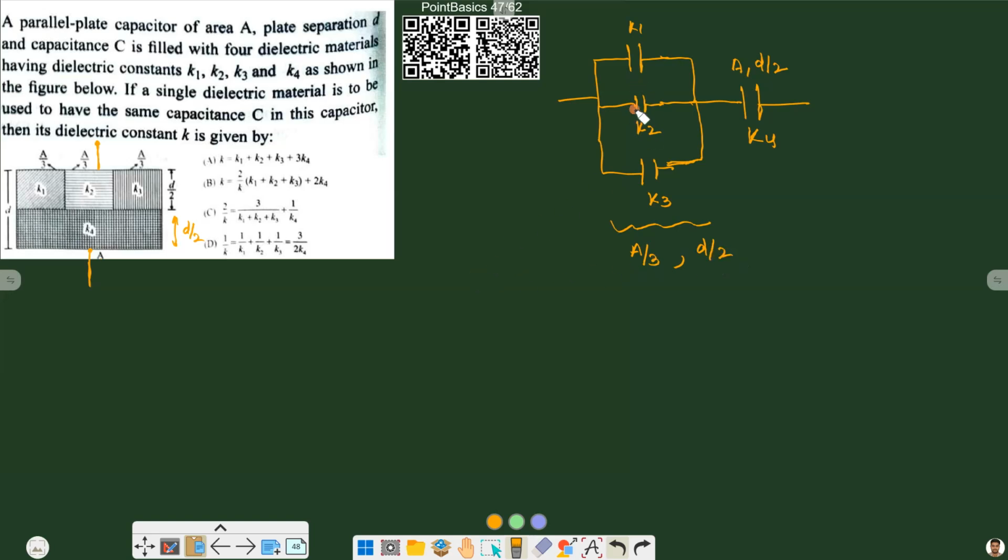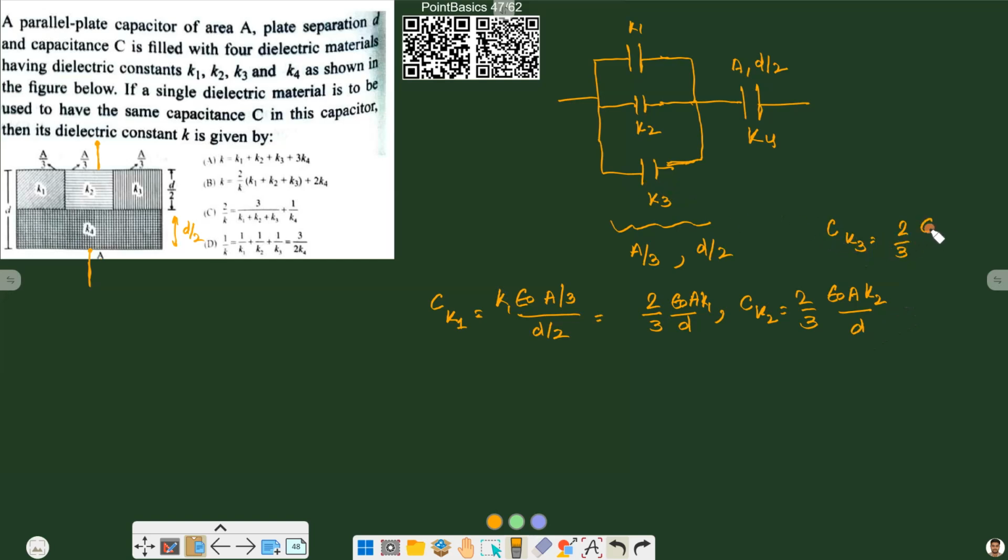So what we can do is first find the individual capacitances CK1, CK2, CK3 and CK4. CK1 will be epsilon node, area is A by 3 and thickness is D by 2. So it will be 2 by 3 epsilon node A by D. Similarly for CK2, and we forgot K1, so K1 will also be here. For K2, it will be 2 by 3 epsilon node A, K2 by D, and for K3, same value, just